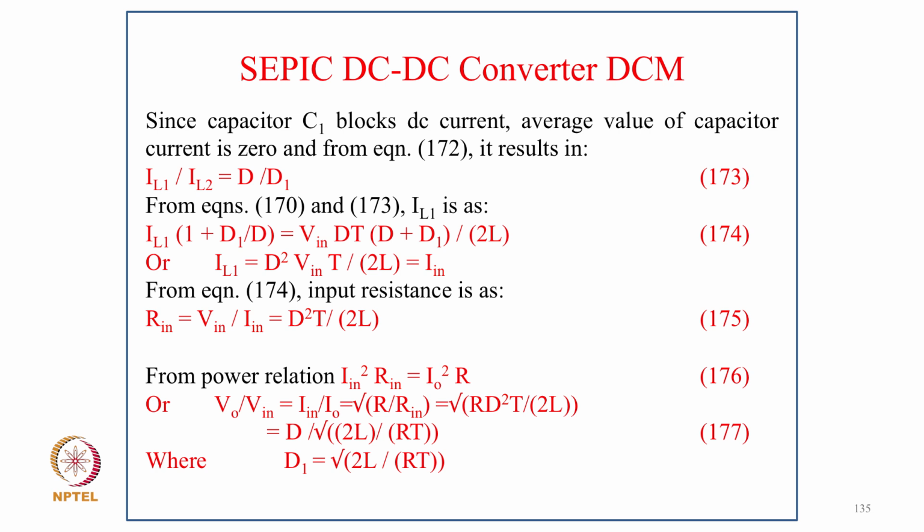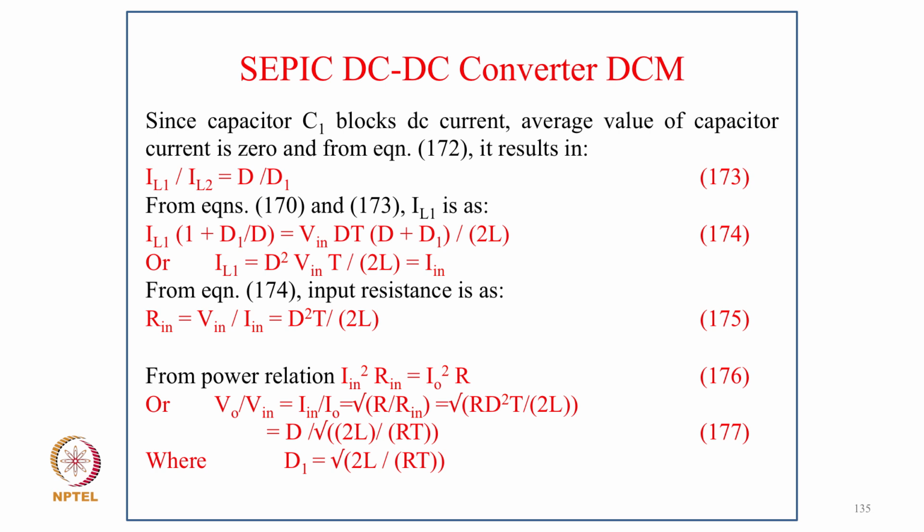So since capacitor C1 blocks the DC current, the average value of capacitor current is 0, and from this relation IL1 upon IL2 equal to D upon D1, and from this equation IL1 is equal to (D plus D1) upon D, equal to Vin dT (D plus D1) divided by 2L, or IL1 equal to D square Vin into T divided by 2L into Iin, and from this the input resistance Rin equal to Vin upon Iin equal to